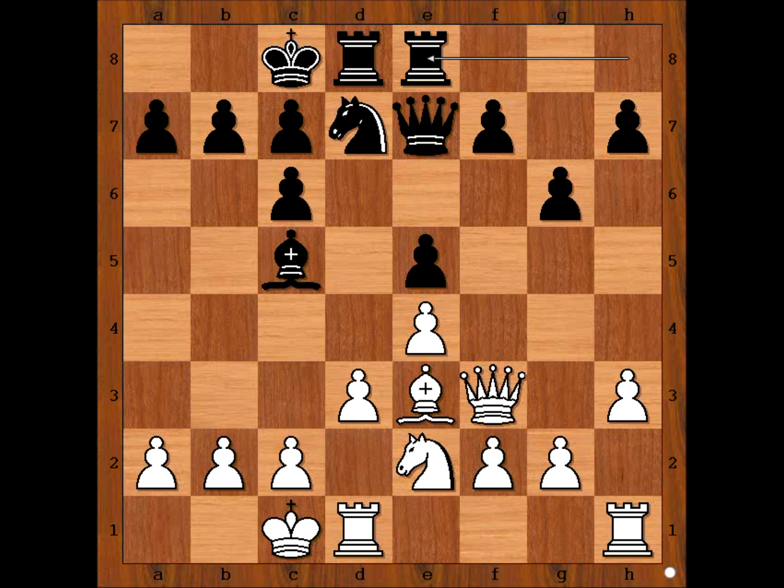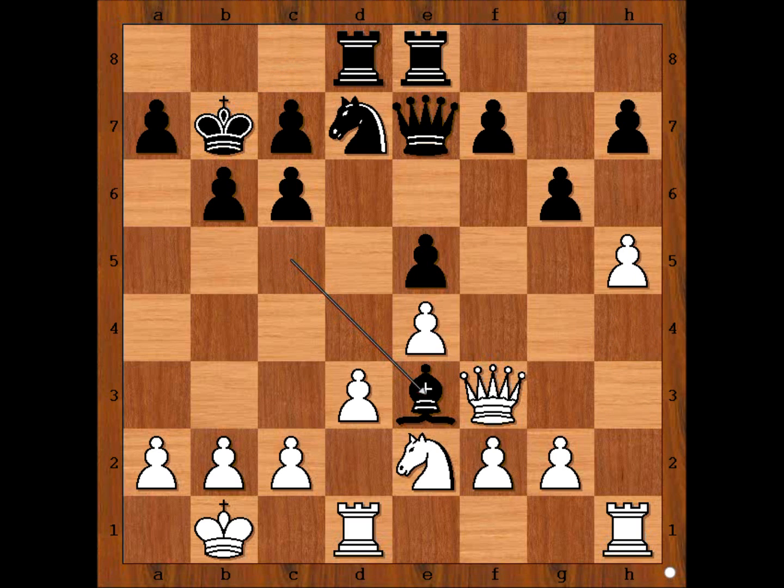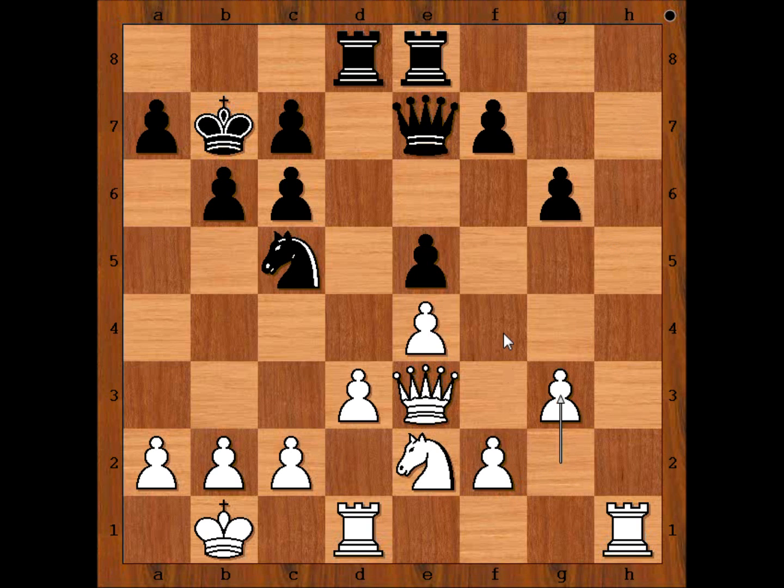We have king to b1, king's safety first, then b6, making room for the king to come to b7, h4, king to b7, h5, bishop takes on e3, and Anand recaptured with the queen, preserving the neat pawn structure. Knight to c5, pawn takes pawn, pawn takes pawn, g3 preparing f4,